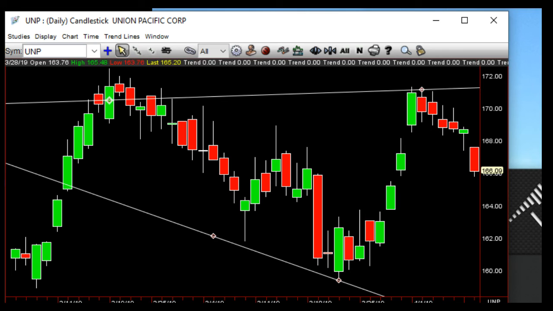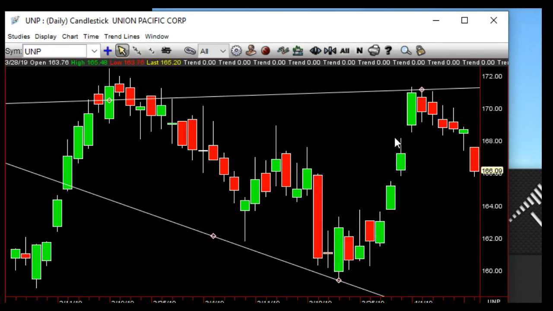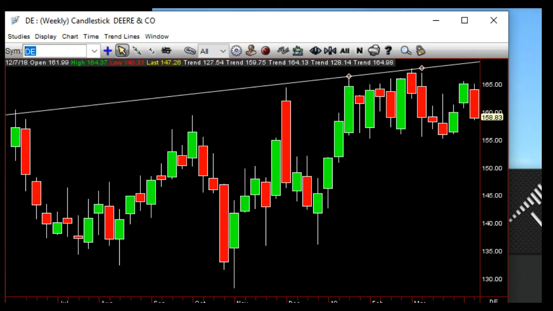Remember, all we're trying to do is identify an outside bar, right, by drawing these things, because we know that that phenomenon exists. And then this drops back through, and we'll see how that goes. We can watch that with the trannies and the other rails. John Deere on the daily. Here's your broadening formation, boom, 2, and then continuation through here. And what that does, in the longer term, there you go.